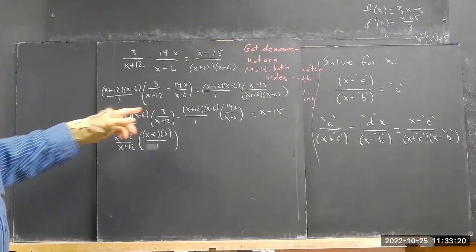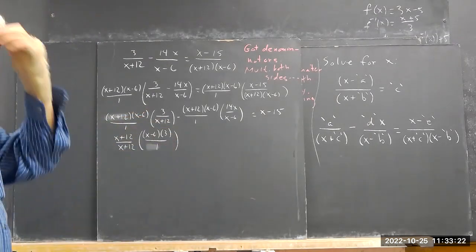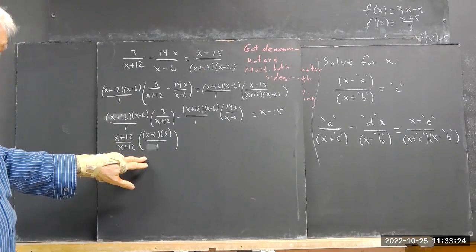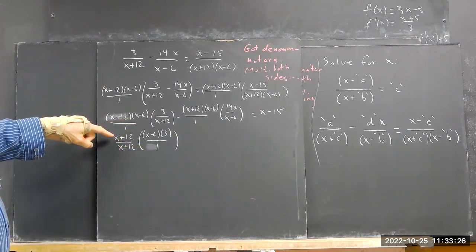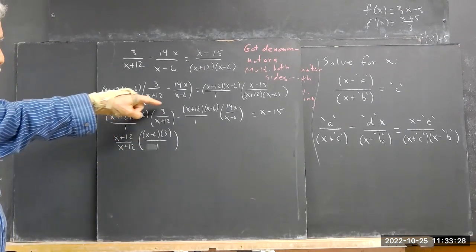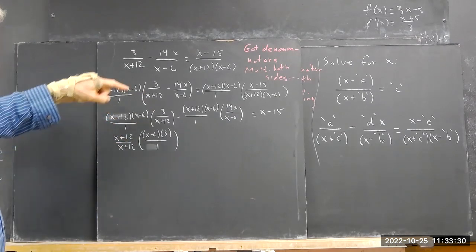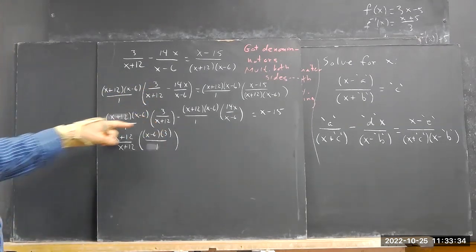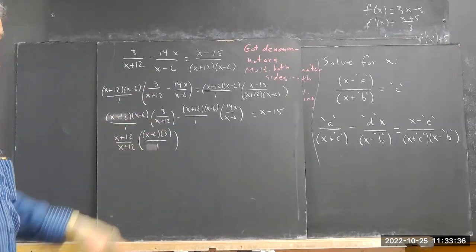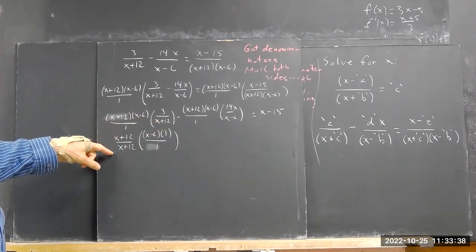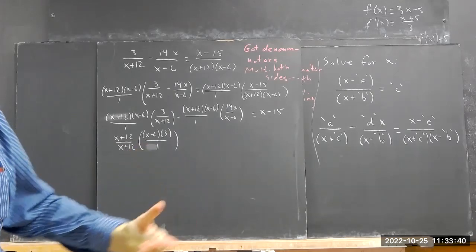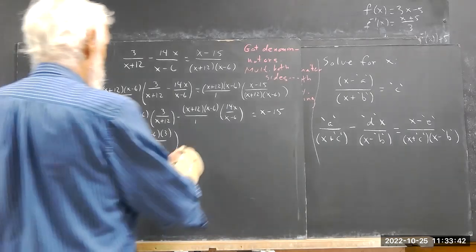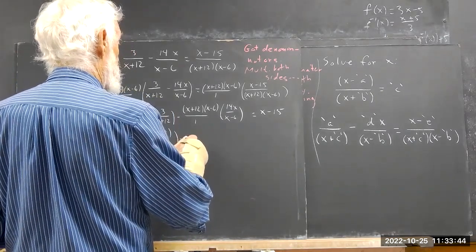I can rearrange this expression as I have here. And we notice that we still have the same numerator. We still have an x plus 12 times an x minus 6 times a 3. And we still have the same denominator as x plus 12. But now we've got the x plus 12 over x plus 12, and that gives us 1, and so on. And then we could rewrite this as